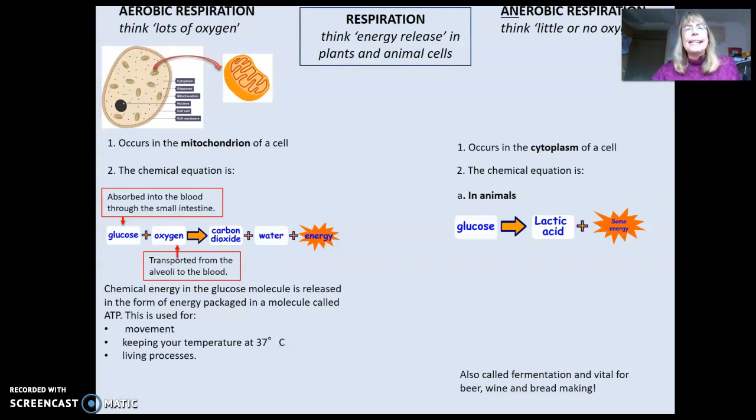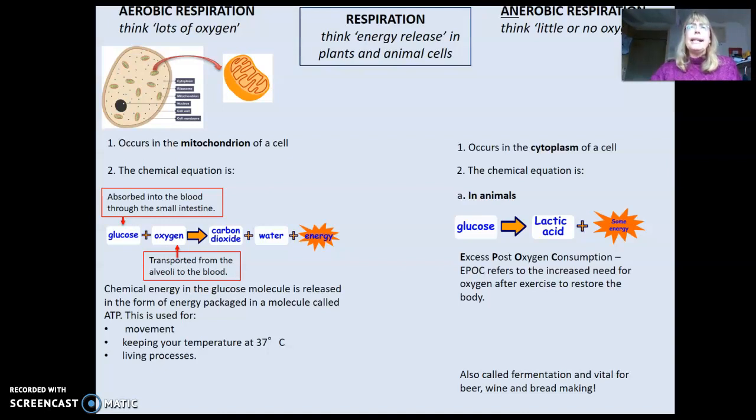And that lactic acid is what makes your muscles feel so stiff after you've been exercising if you haven't done it for a while. Now that lactic acid, the way we get rid of that stiffness is to go back and exercise even though we're feeling sore, because that gets more oxygen to that area, which helps break down the lactic acid. But when we finish exercising, if I finished an aerobic session,